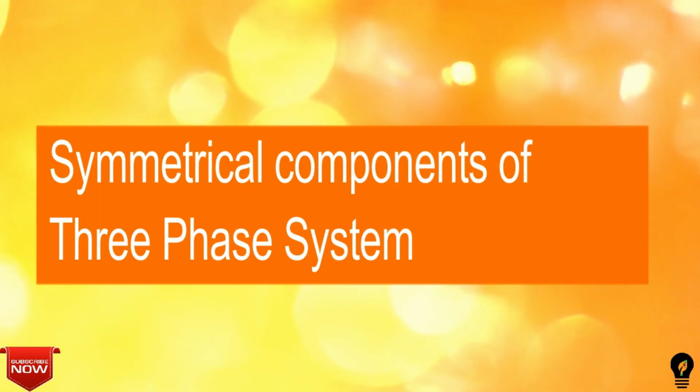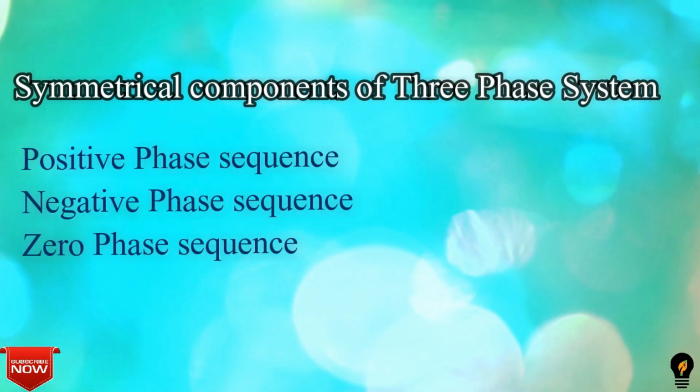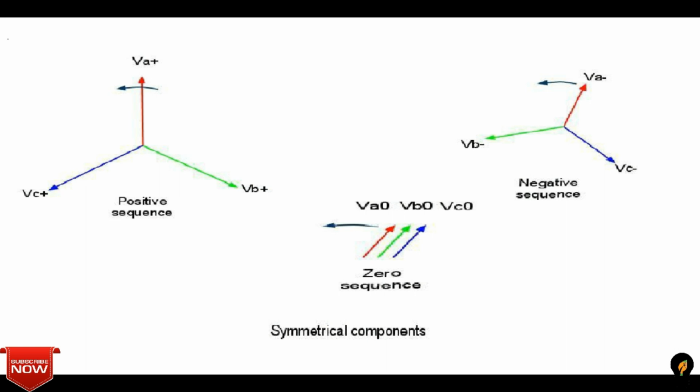Now, let us understand about the symmetrical component of three-phase system. Symmetrical component consists of positive, negative and zero sequence quantities. Symmetrical components are used to calculate unbalanced condition on a three-phase system. Using only a single phase calculation, this generally simplifies the process of calculating fault quantities for a phase-to-phase, phase-to-ground and phase-to-phase-to-ground fault on a power system.